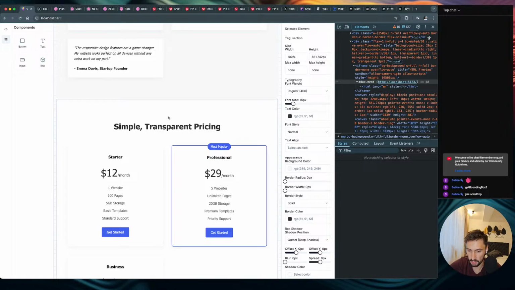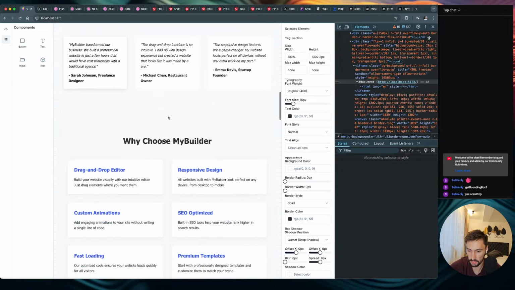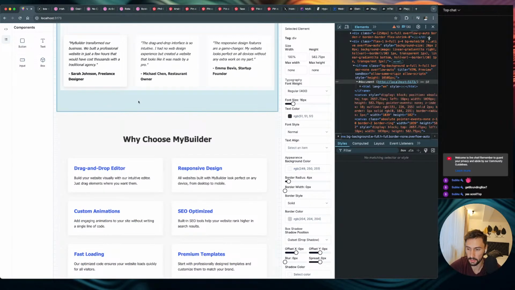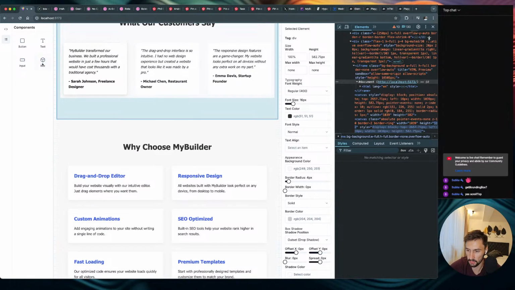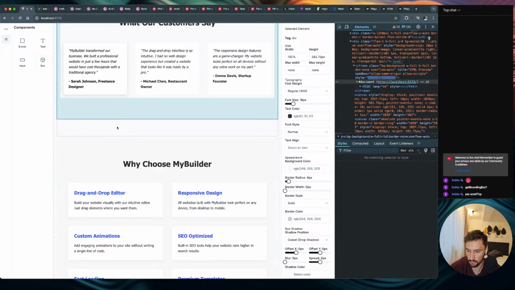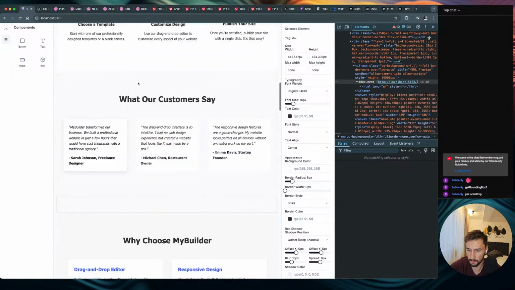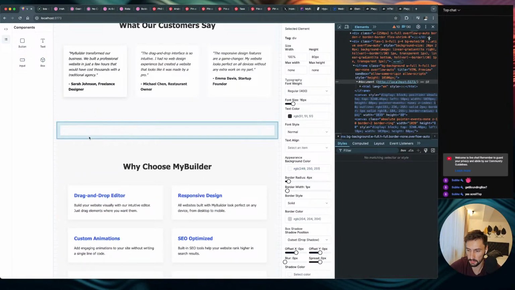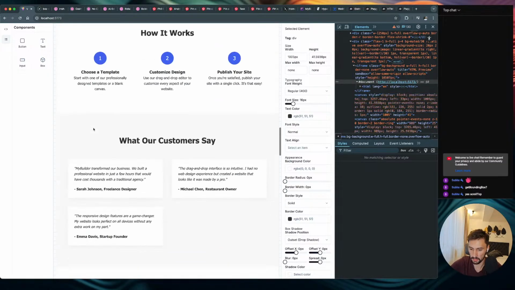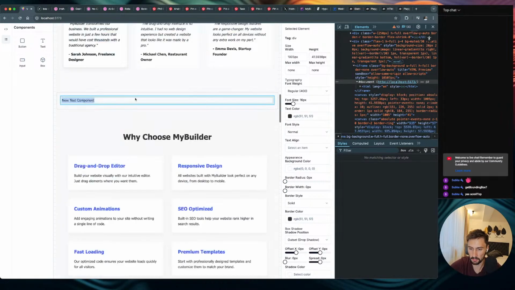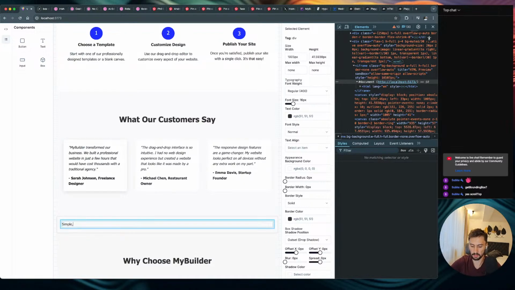The next section is the pricing section, which, as before, means we need to add a new section, empty box, like so. Inside we have a big text, so let's add a big text, like so. What's the text? Simple transparent pricing. So simple transparent pricing,